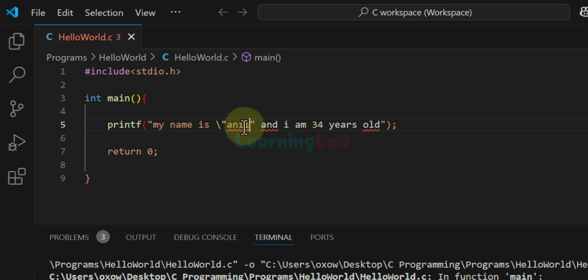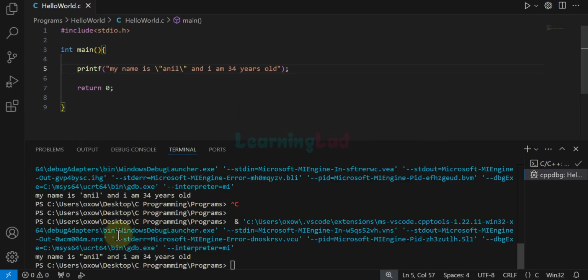Now again, after my name, we have the same problem. C thinks that, okay, this is the end of the text that we want to display on the screen. Again, we have to escape the meaning of this double quote, and that's why we will use this backslash again, which is the escape character. Now, if I save this program and run this, you can see we get my name is Anil, and it is between the double quotes, and I am